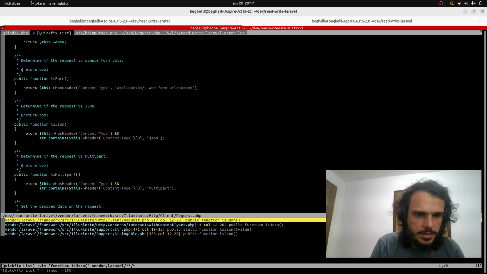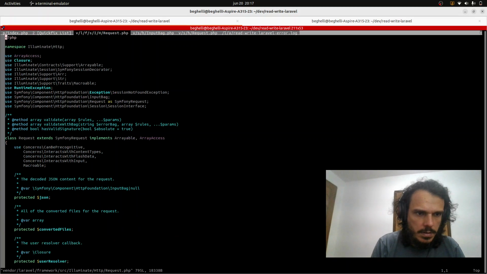HTTP client. Oh, I see. So it's not the same file, right? We were working with the vendor level, laravel framework source, Illuminate HTTP request. We were working here, and this is extending Symfony request, but it's using